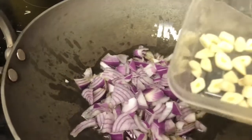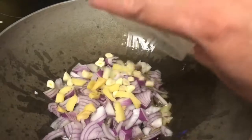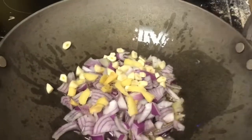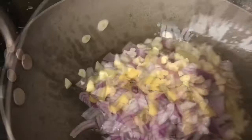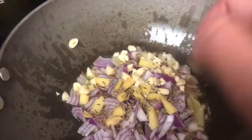So here I've added some onions and garlic and ginger, and this is needed because it will avoid you becoming bloated and becoming gassier. Now I'm adding some cumin seeds. My daughter is sitting and laughing, so I'm laughing with her. And over here I'm putting some